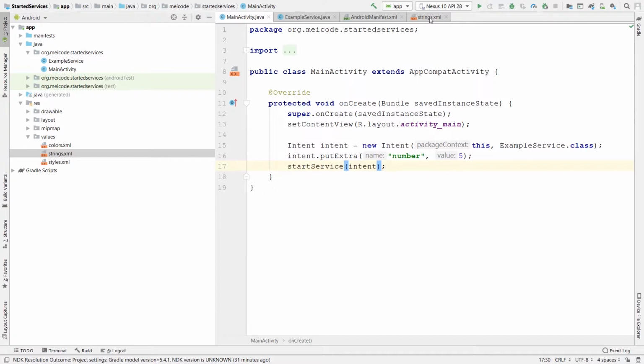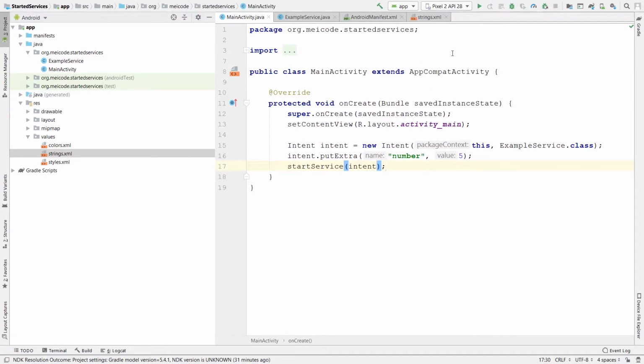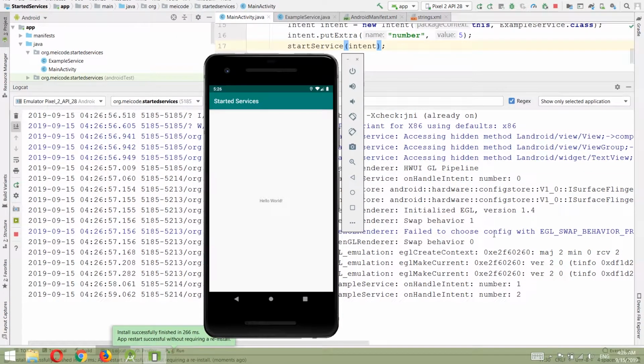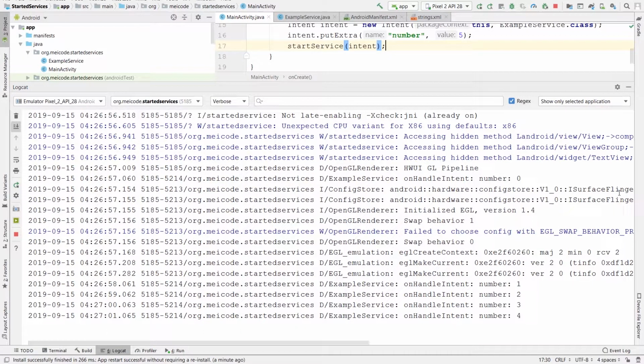Okay, let's test our application. I'm going to select Pixel 2 with API level 28 just for no reason. As you can see in the logcat, we are printing the numbers. But what if we call this service 2 times? For example, in here, if I copy this startService once again and start our service twice, line after line, and if we run our application,